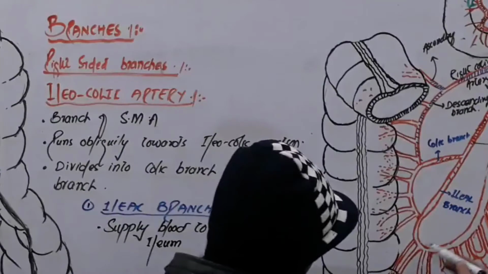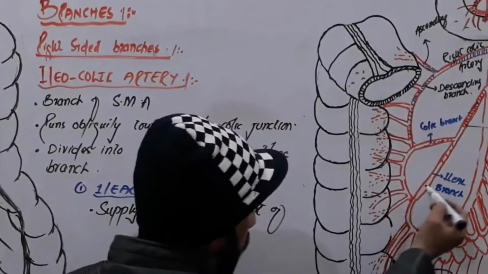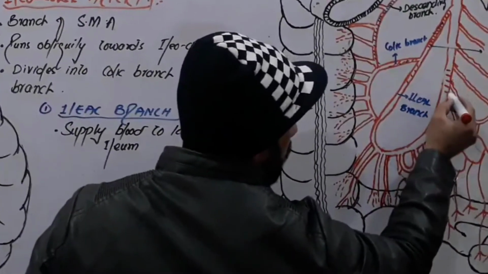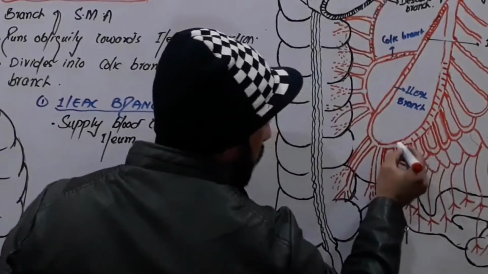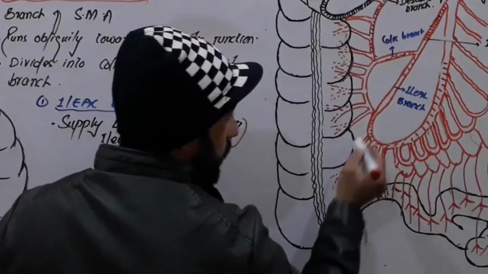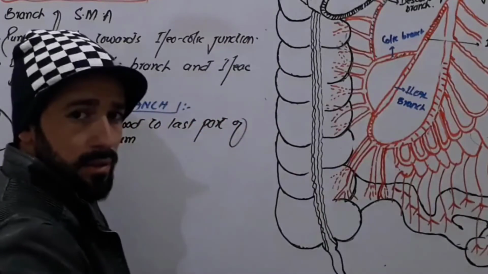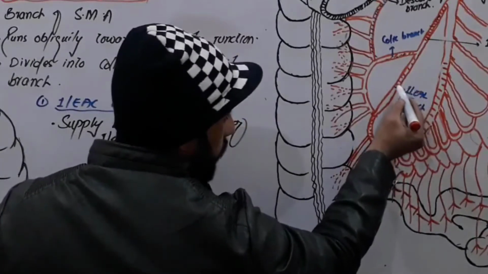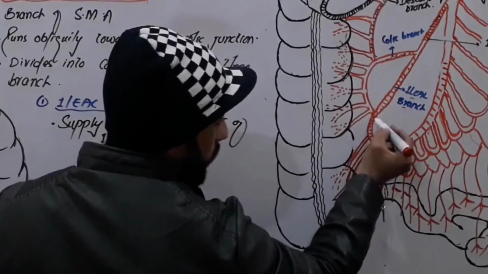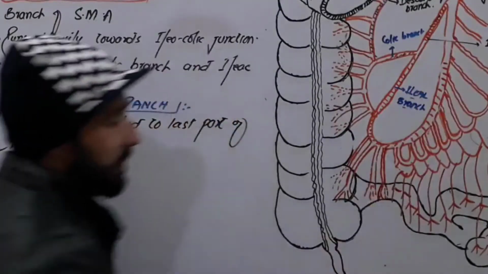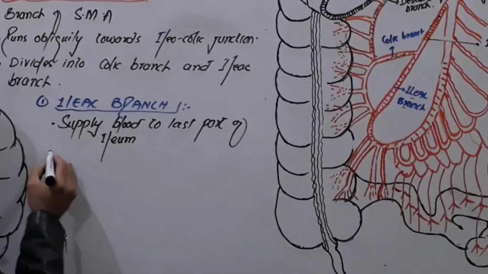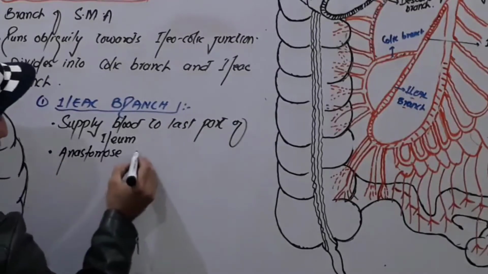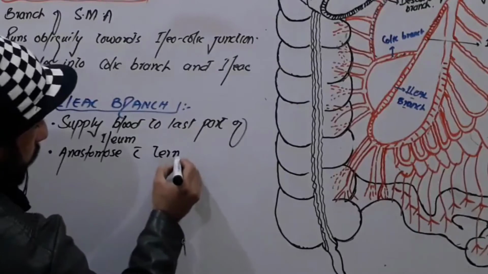Then what does it do? Then this artery is also anastomosing with, look, follow me friends, this is our superior mesenteric artery and it's coming like this, and this is its terminal part, the end part. Now this is our ileal branch, so this ileal branch is making anastomosis with what? The terminal part of the superior mesenteric artery, right? So it anastomoses with the terminal part of